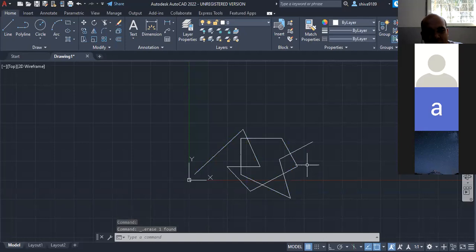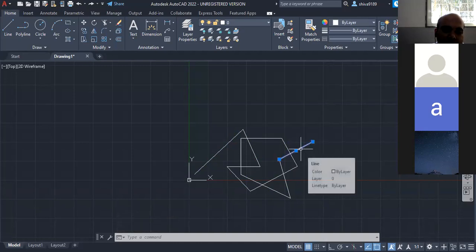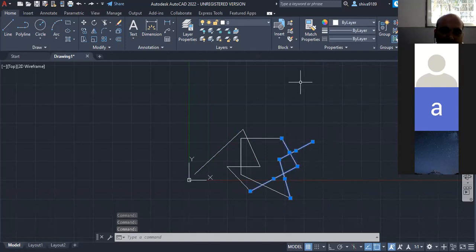Individually select the line and then delete it. Multiple lines can also be selected without pressing Control and then deleted. That is also an option. Is it clear, students?